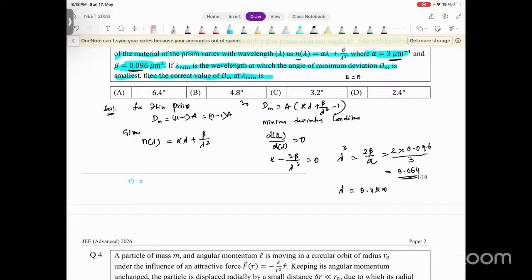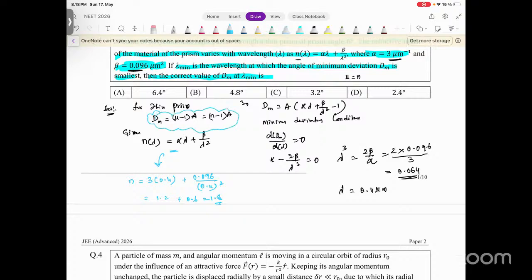So n is equal to 3 into 0.4. This is the given value already, so I'm using this one, right? Plus beta. Beta value is how much for me? 0.096 divided by 0.4 whole square. I'm hoping that your calculations are very strong, beta. Otherwise, it is really difficult to do these calculations. So it is 1.2 plus, it will be 0.6. It is approximately 1.8. So the minimum deviation formula that I have right now,